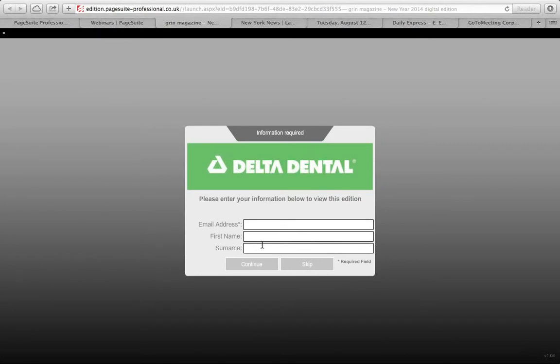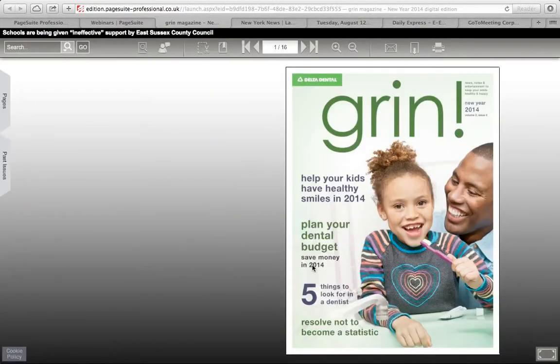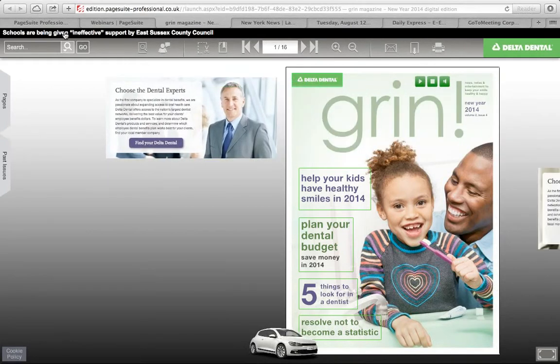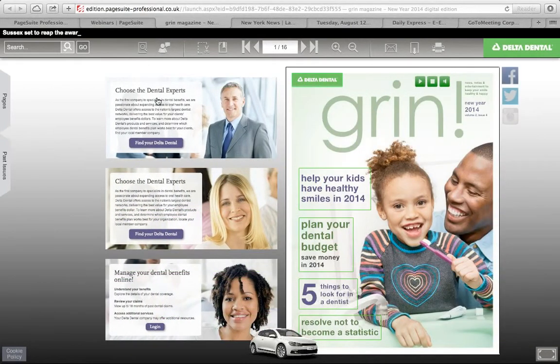And this information is going to go into our subscriber management area. So you can run a report on your subscribers, and you can gain all that data in an Excel sheet. So you can keep track and contact these people if you like. You can see we've got the skip button, so you can also just skip. We've got a ticker up here that's an actual RSS feed, and they use these opportunities here as advertising examples.